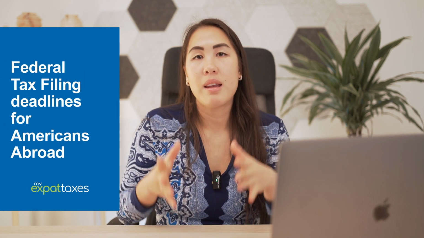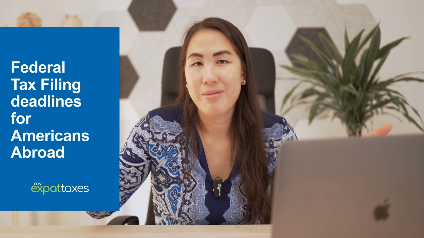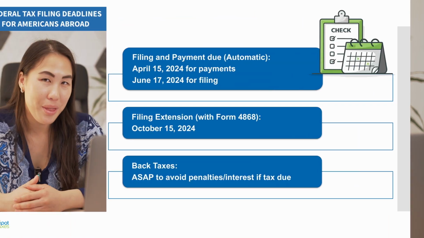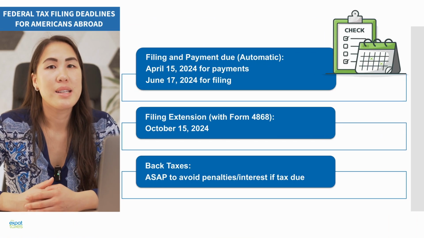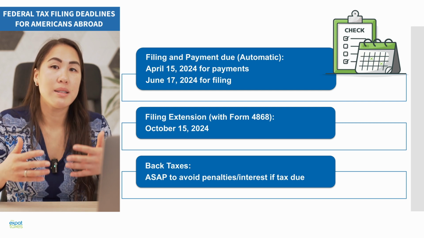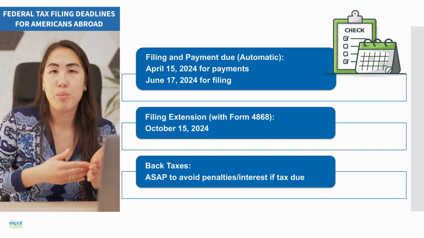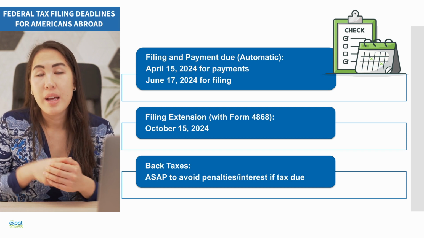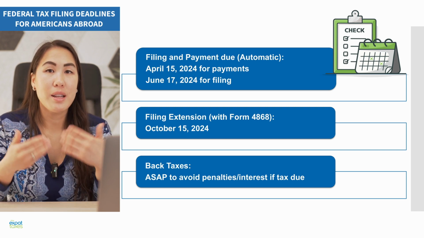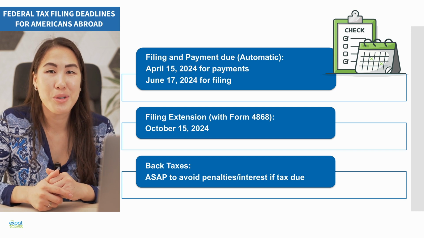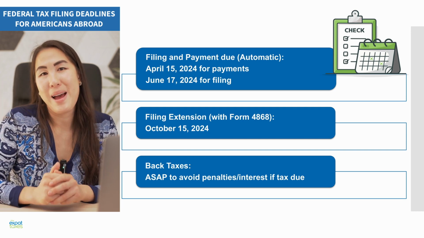So with that all being said, when do you even have to file everything, right? So again, if you are filing taxes annually, you should know this, that April 15th is the deadline that any owed taxes is due. So whether you're abroad, whether you're in the US, you have to pay taxes by April 15th. If you're an expat, if you're physically abroad on April 15th, 2024, you get a 2-month automatic extension to